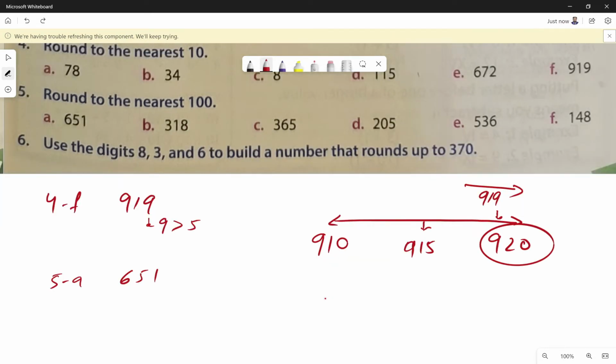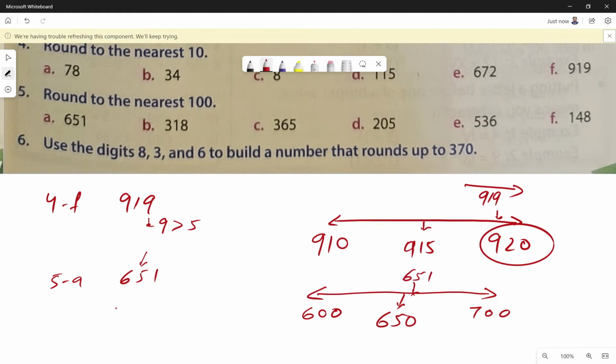Question number 5A, 651. As we learned in the previous video, rounding to the nearest 100 depends on the place value at the tens place, and the number will fall between two hundreds numbers. Let's draw the number line. 651 will fall between 600 and 700. The midway point is 650 and our number will fall